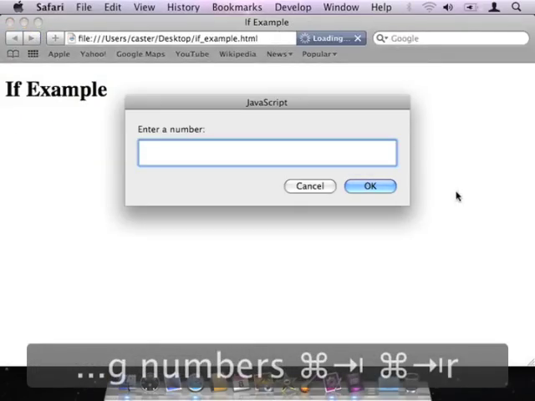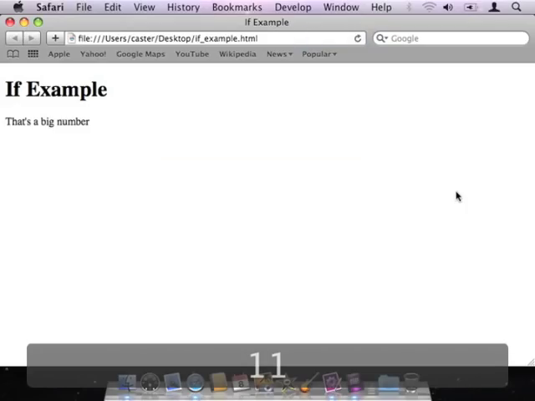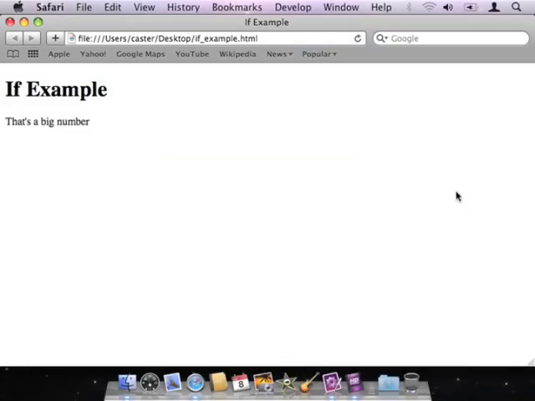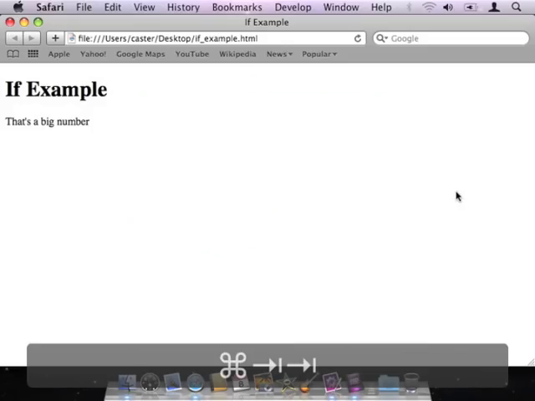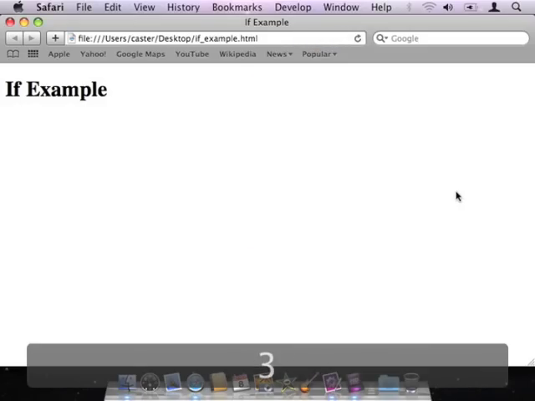So let me hop over to my web browser and hit refresh. It asks me to enter a number. If I enter the number 11, I get my document.writeLine. That's a big number. If I hit refresh and put in the number 3, you can see I don't get